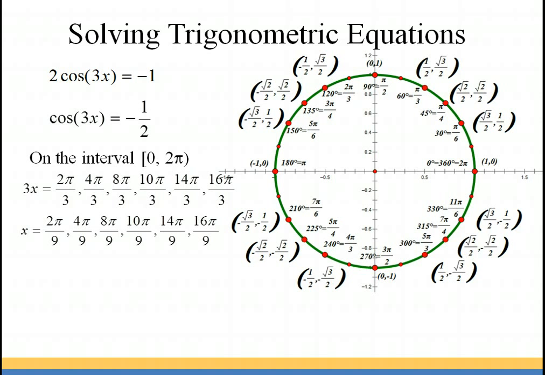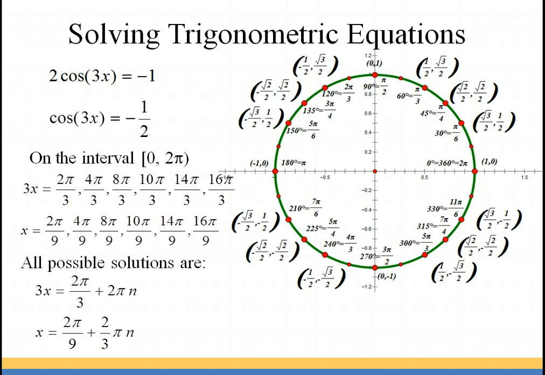Now we have to express this as an equation, or equations. So looking at the 3x, if we look at 2 pi over 3 and all its coterminal angles, that would give us 2 pi over 3 plus 2 pi n. Then all I have to do is divide both sides of the equation by 3, or multiply both sides by 1/3. So we get 2 pi over 9 plus 2/3 pi n. Or